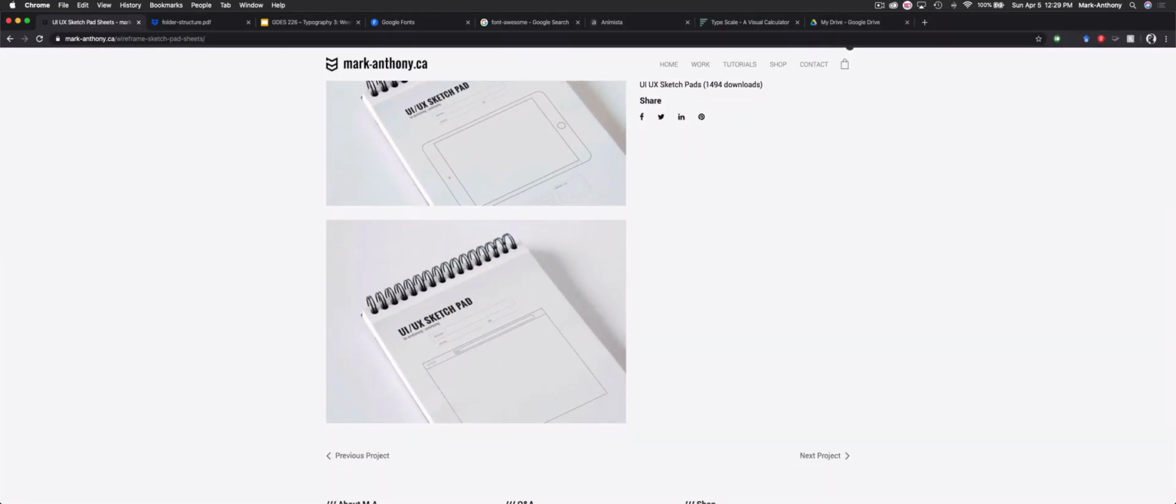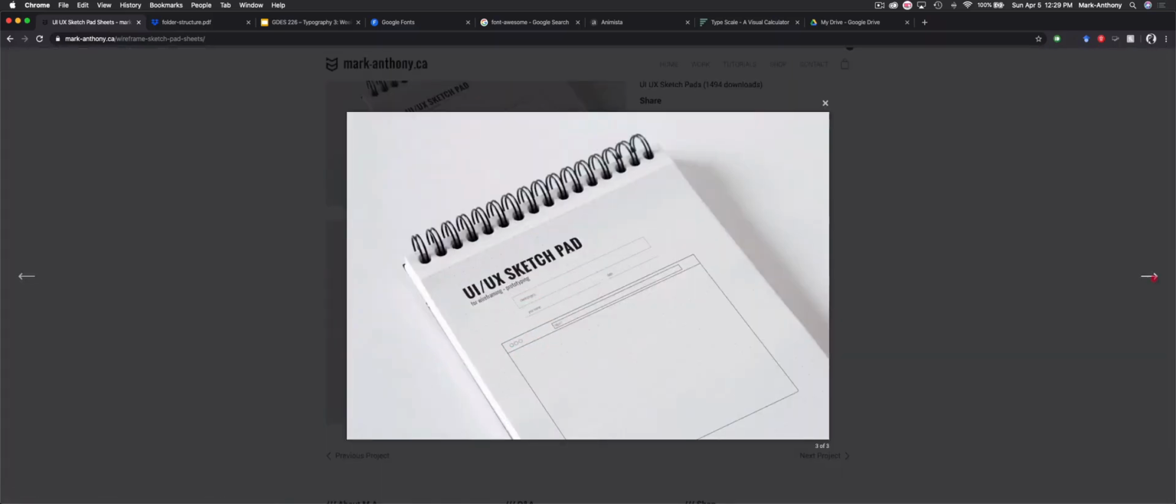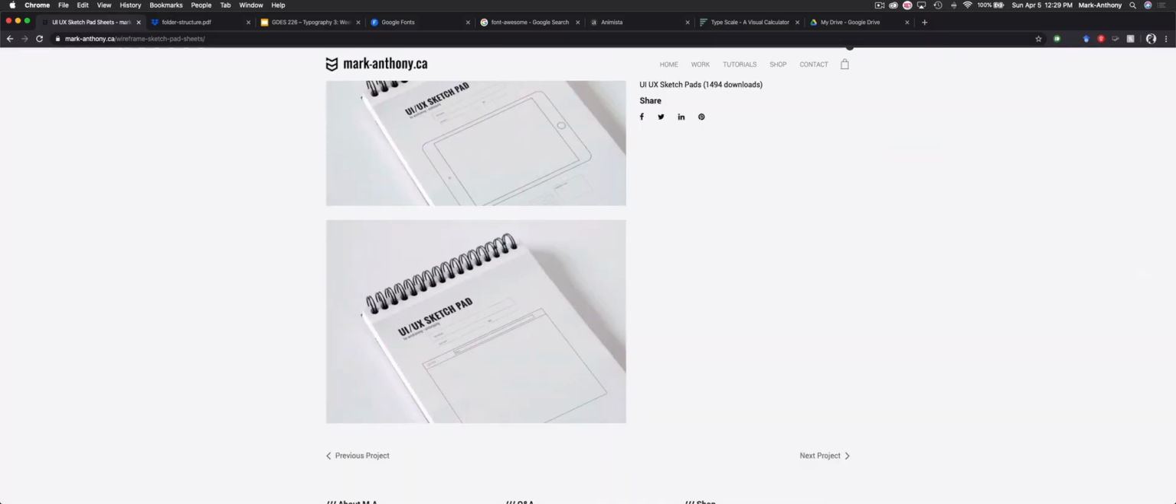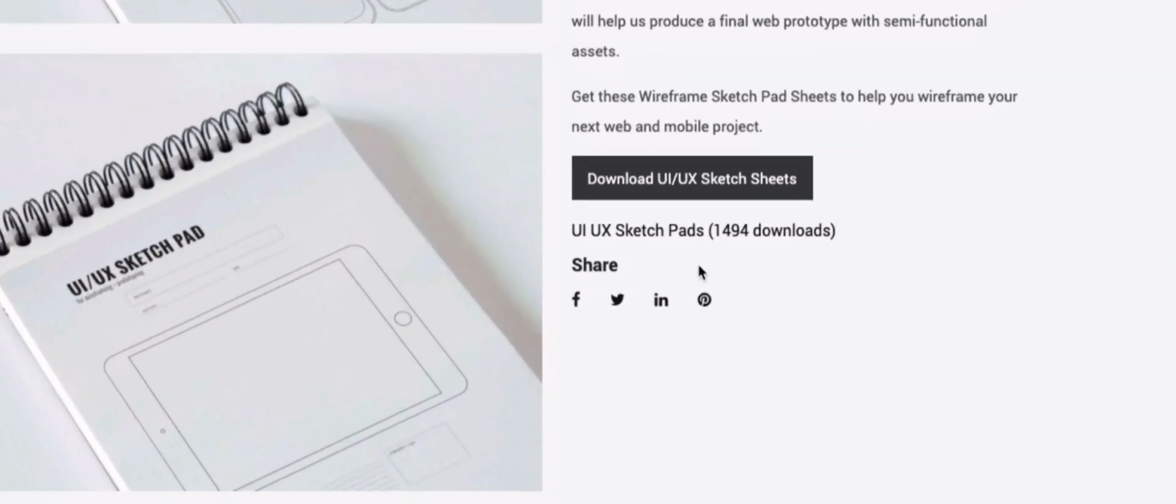It's always a good idea to sketch out your layout ideas before coding your prototype. This will give you a sense of how to structure your HTML and plan your CSS for each element. I'm using these sketch sheets that are available for download on my website. Click on the link in the description if you have access to a printer and would like to use these